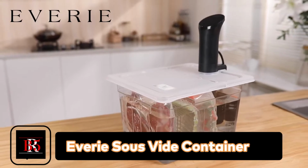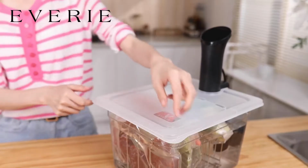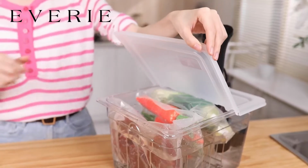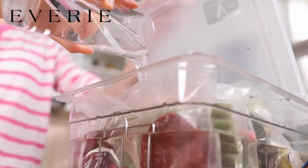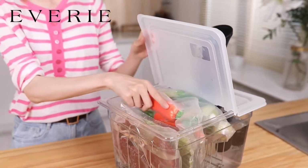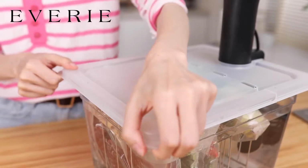Everie Sous Vide container, your must-have accessory for perfect sous vide recipes. It's 12 quart for most sizes of meats in a family and with a collapsible hinged lid. The lid has a patented collapsible hinge, so it's very convenient for you to refill water for those long-time cooking recipes, or to take ingredients in and out for those recipes which require different ingredients, producing the best taste by